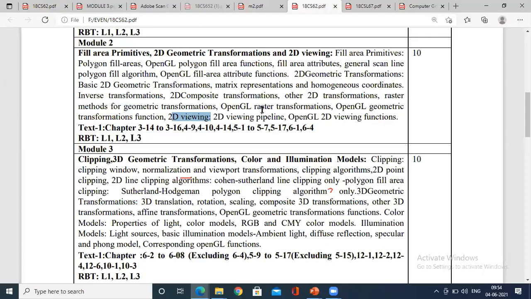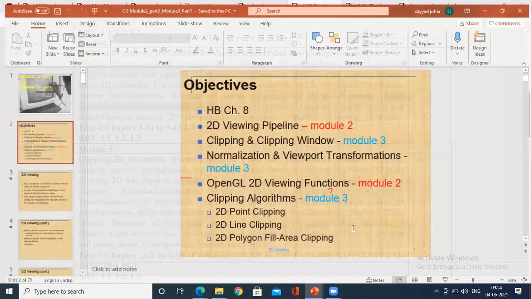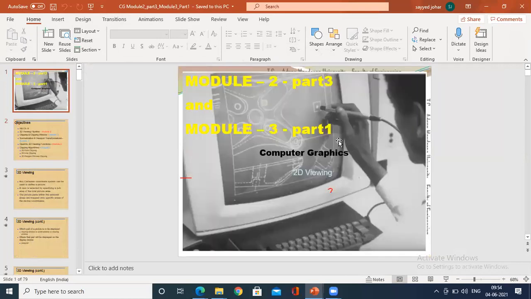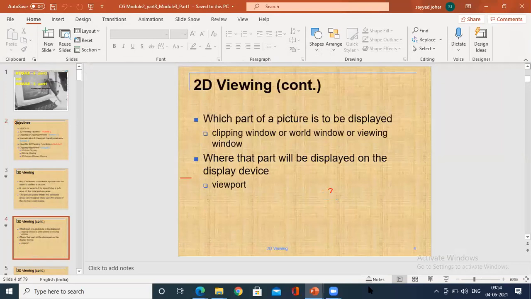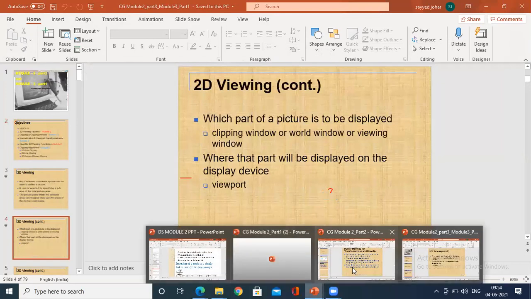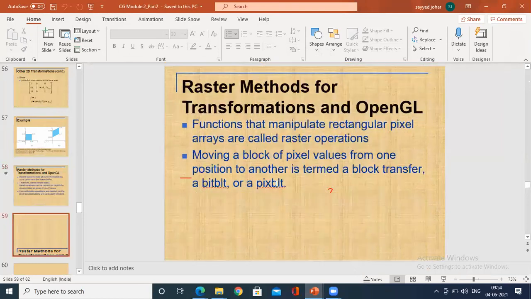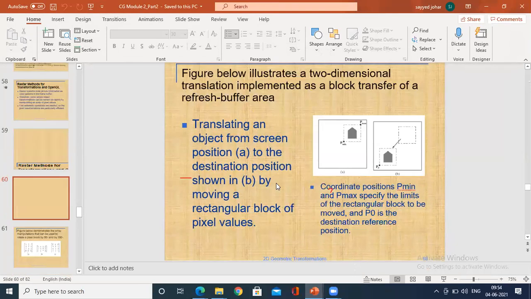This concept is there, the raster method for geometric transformations. This we have to complete once again. So this concept I have to complete. So with that, almost